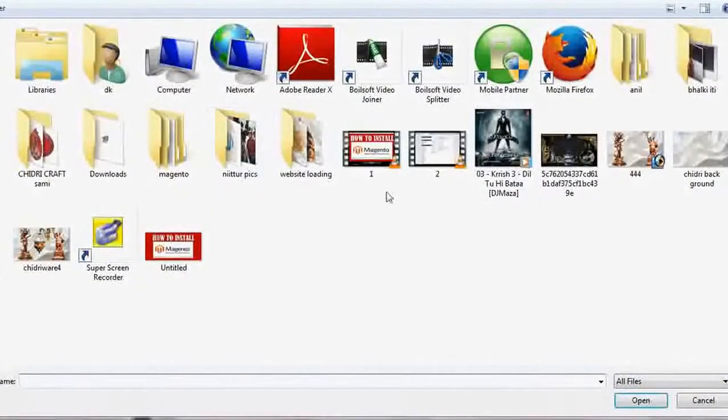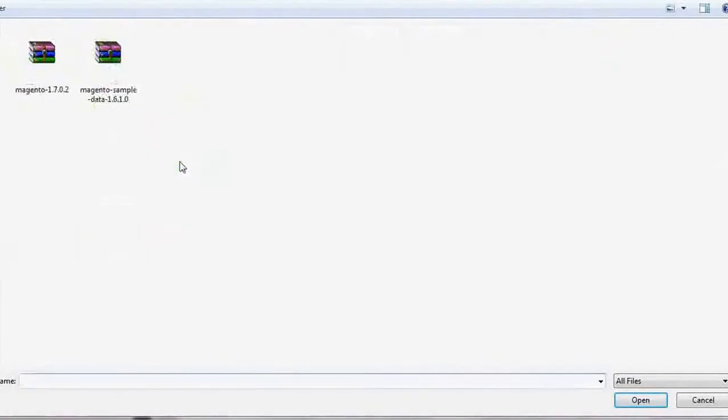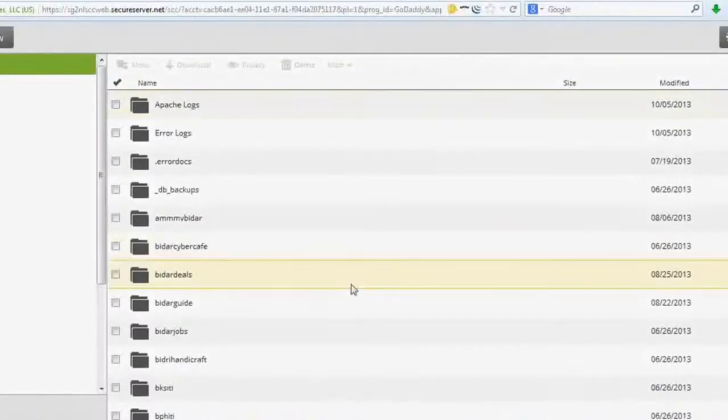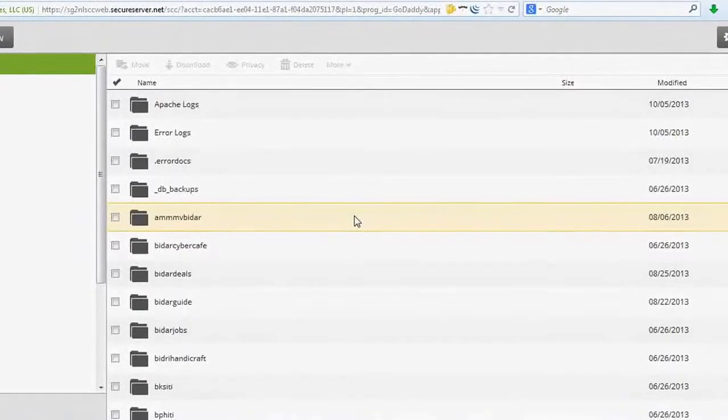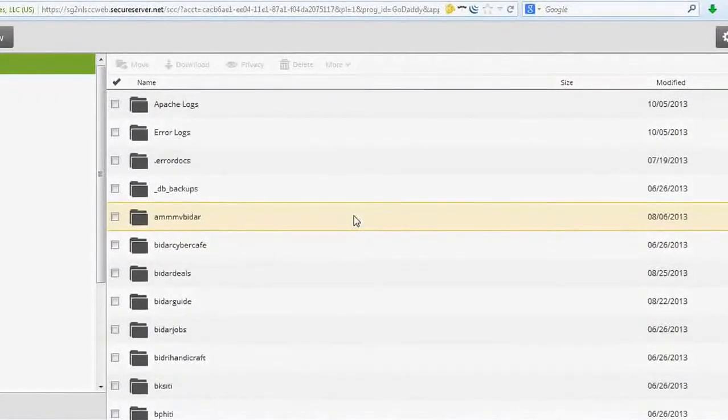You can do this via FileZilla or directly. You have to upload this first of all. After that, you have to upload and configure the database, and also install the sample data and media folder, which I will show you in the next video tutorial.